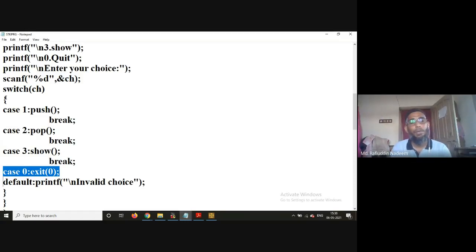Now we have the default: if suppose other than this 1, 2, 3 and 0, any other value is given, it will display it as invalid choice. Right. Now,